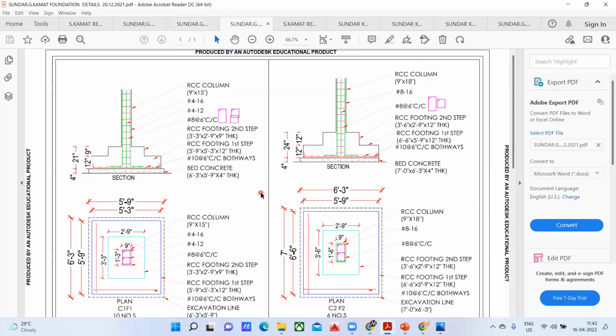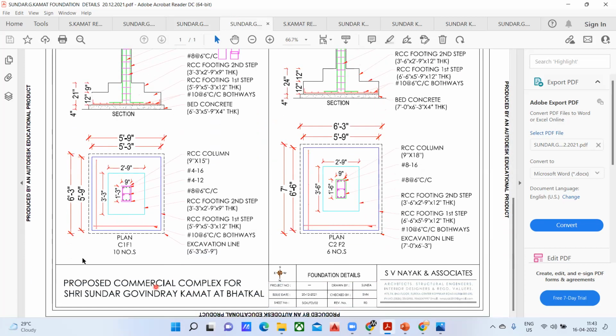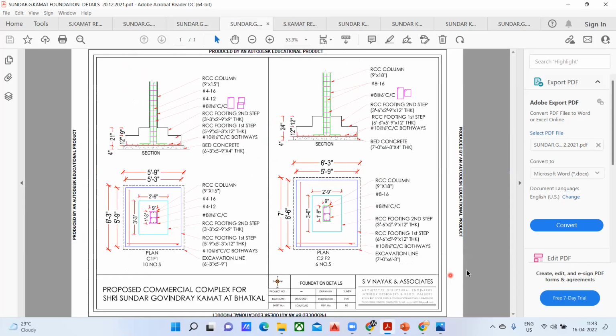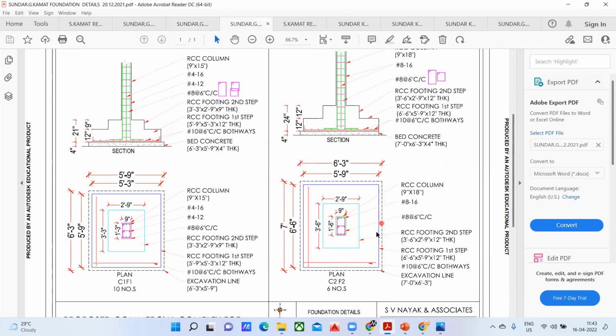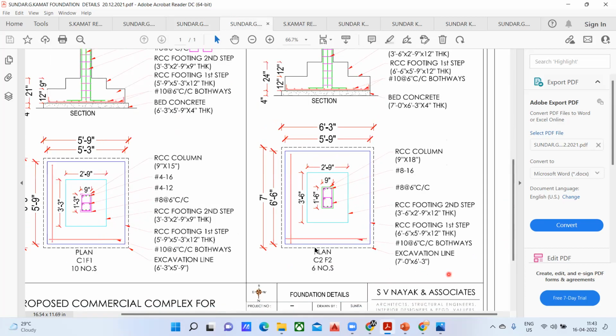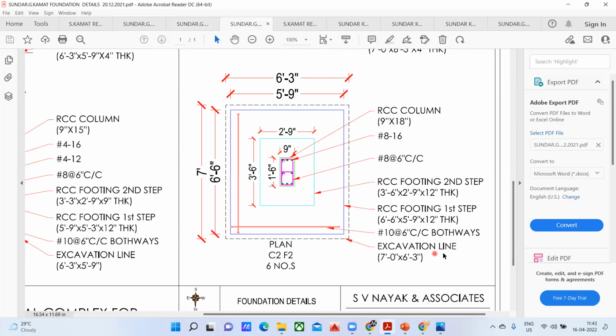Now we'll go to the cross section part. Now coming to the cross section, this was a plan for one of the footings they had shown. I'll take this one right now. Just concentrate here. Again, same thing, this we have understood. I'll not repeat it again. Quickly, we'll see what is given here. They mentioned the dotted line is the excavation line. The dotted line is your excavation line. This much excavation you're supposed to do. And then after that,